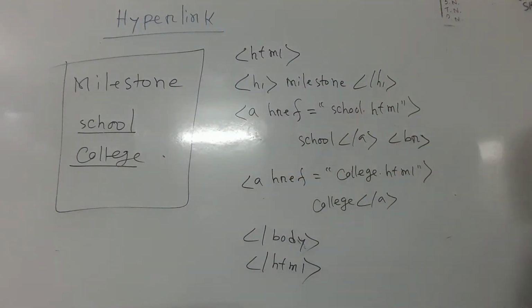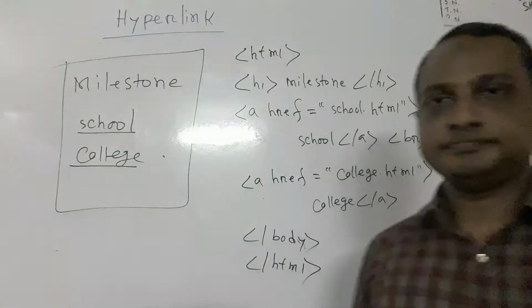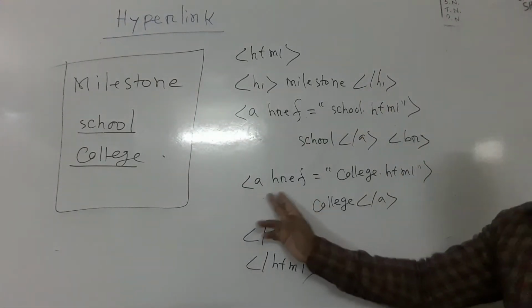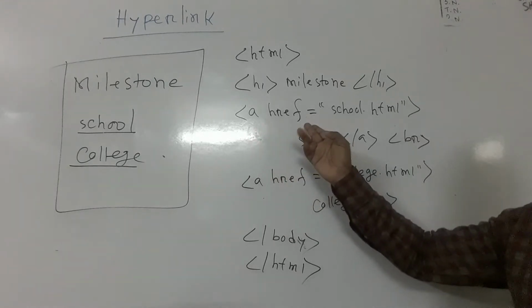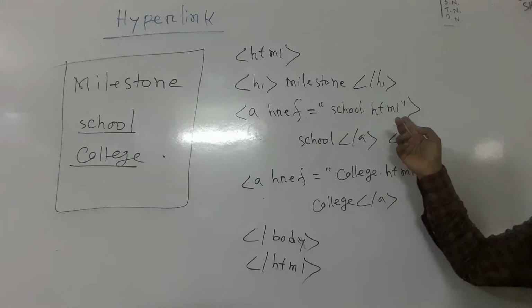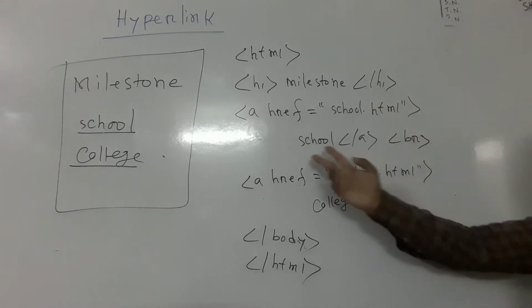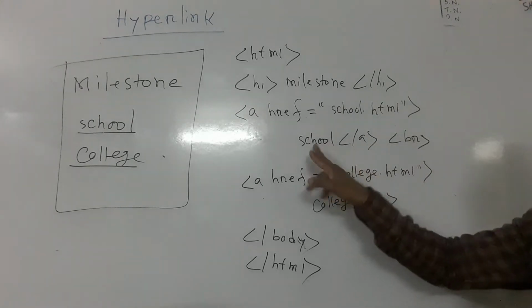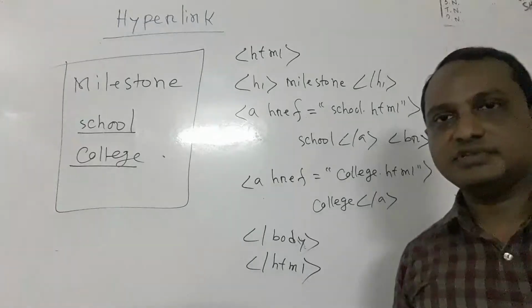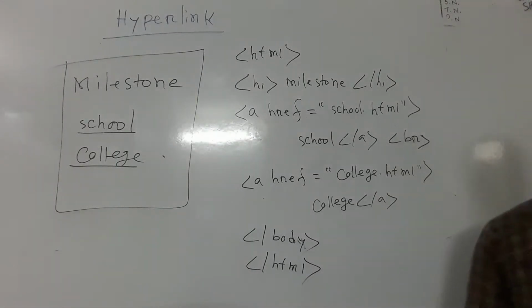If you write it, then you can understand it properly. This is very simple. I use here two links, a href and here also a href. This is the main command for hyperlink, and this is the address for the link, and this is the output. If you write here anything, this will show in your output. I think you can understand it properly.